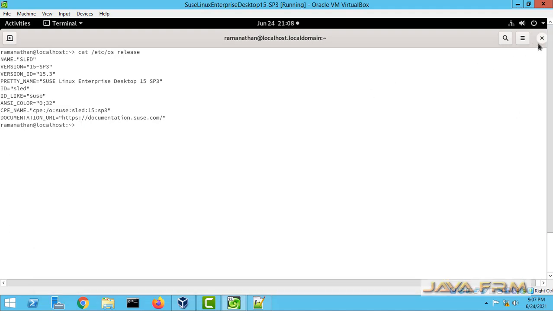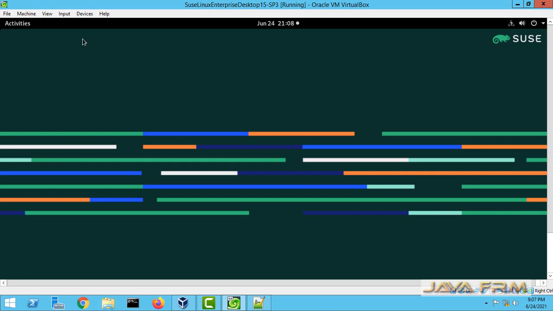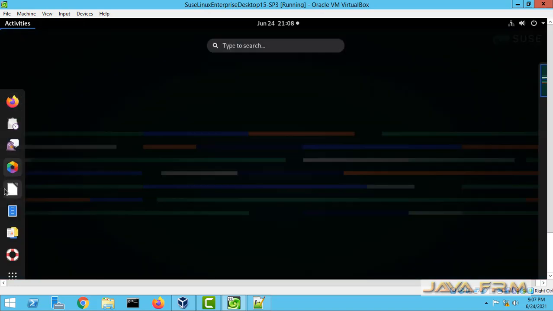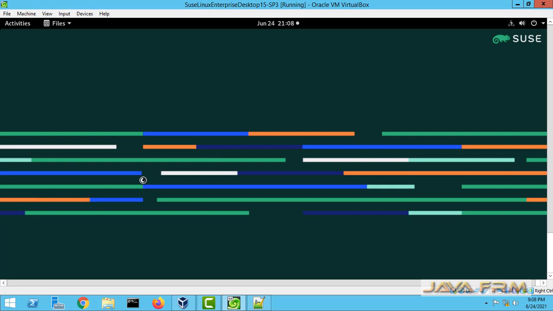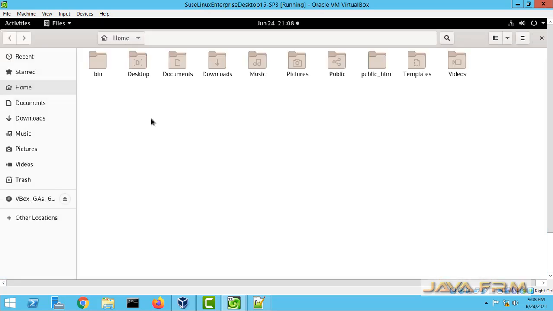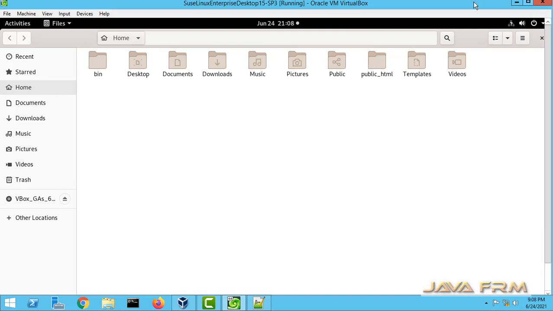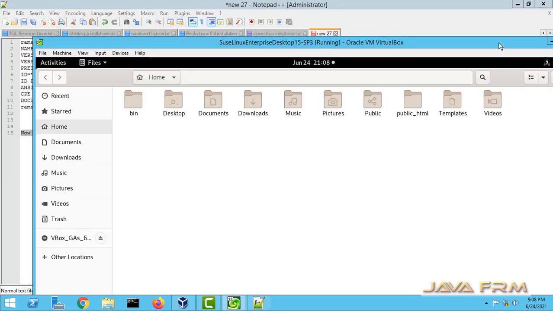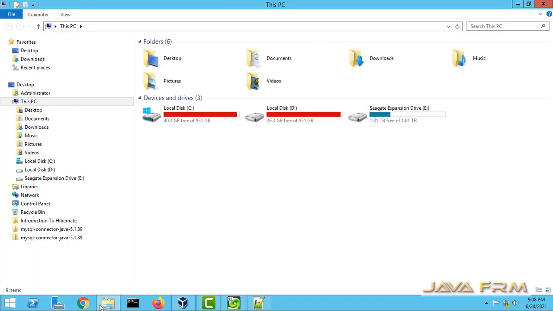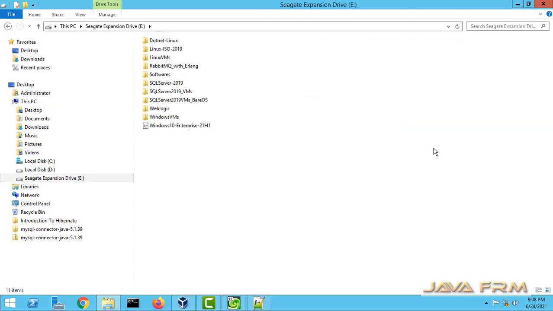So now let me check whether I can drag and drop files to the SUSE Linux desktop. So I am opening the file browser. So I am going to drag and drop some files to the home directory of the Linux operating system. Let me minimize so that I can adjust the window. Now I am opening some file location.